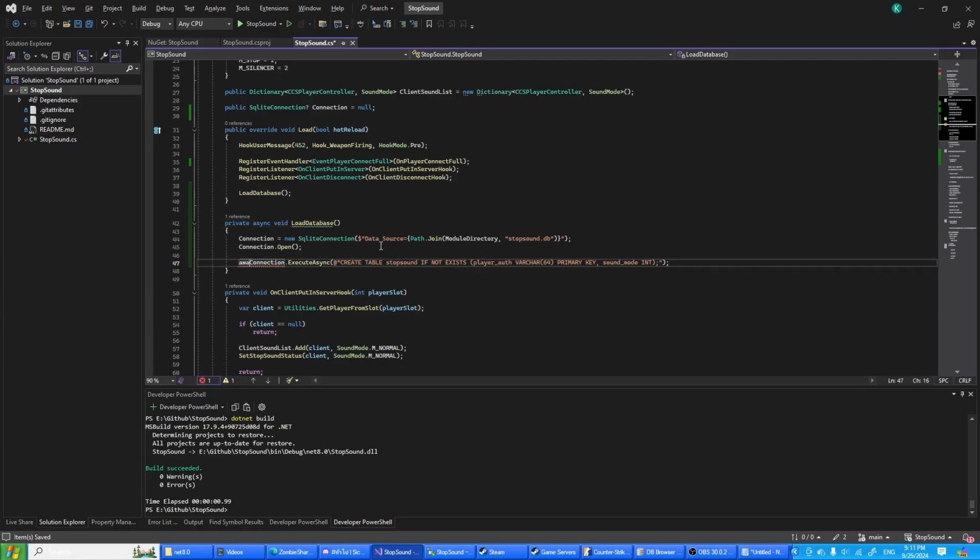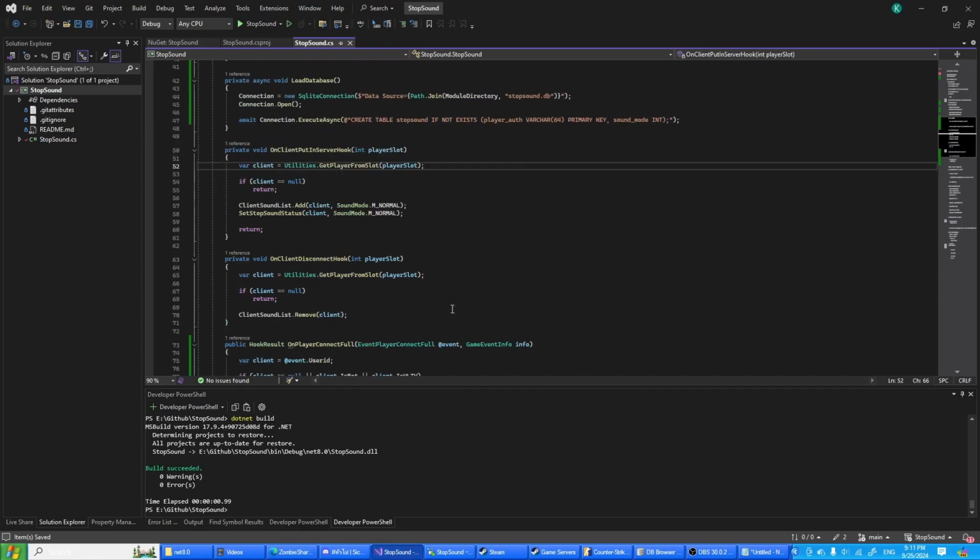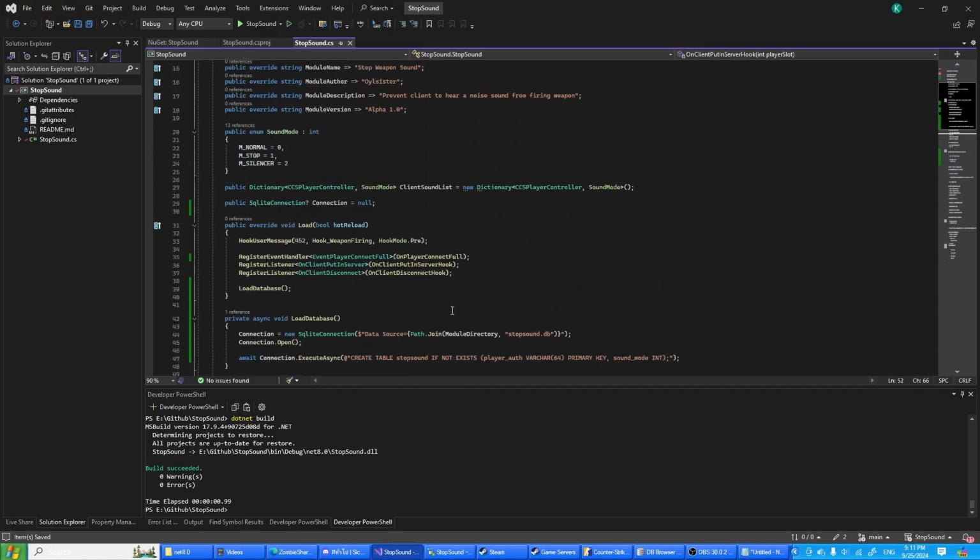You need the await. There you go. Await connections, execute asyncs, create tables, stop styles, if not exists, then when the player out and is characters, primary keys, sounds mode, and is int. So now we create the tables,